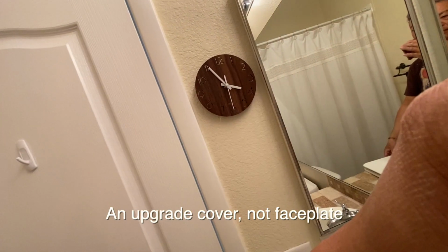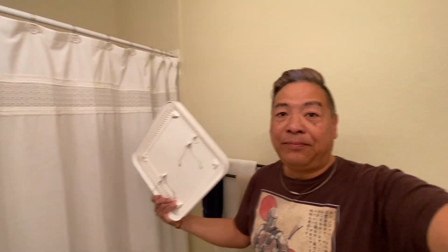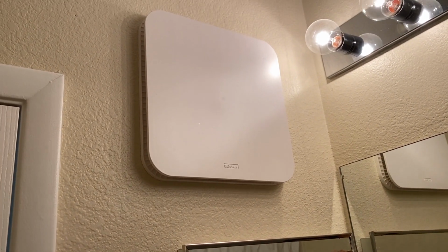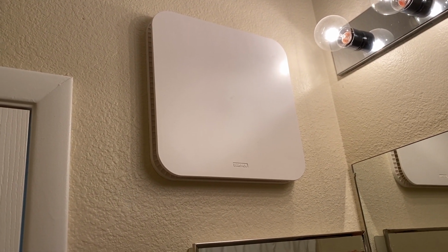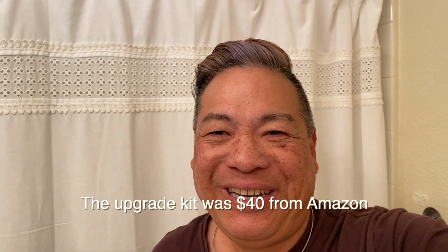But wait, there's more. I bought an upgrade faceplate. I don't know why, but I decided to buy an upgrade. This thing is huge, to replace that. Now for the second moment of truth. Wow. Looks better, sounds better. Was it worth it? I don't know. I think a lot of people may think it's a little bit of a waste of money, but